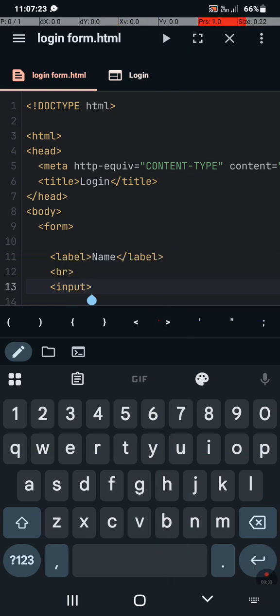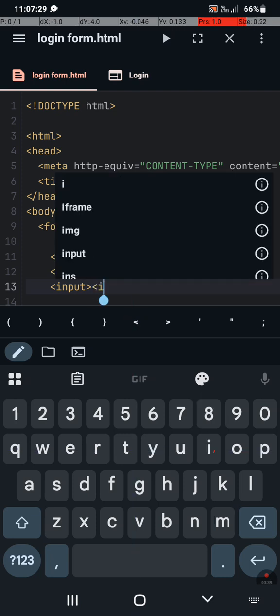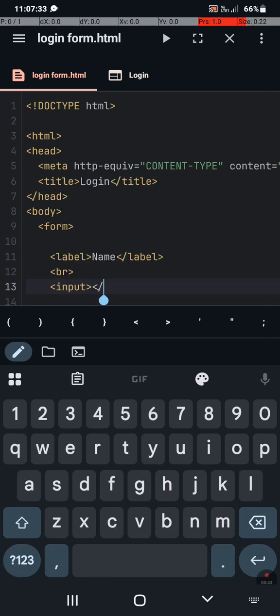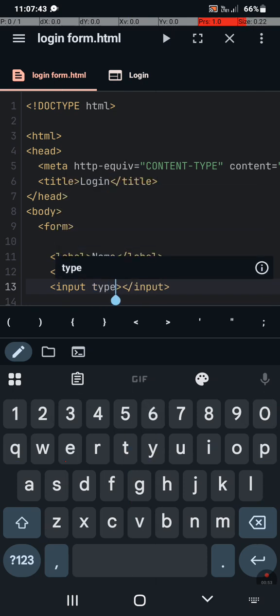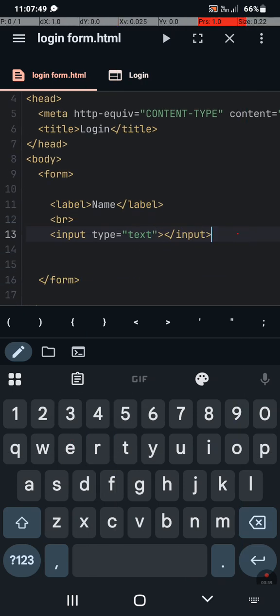the input, the input section, and then we set our attributes, and the type is text. The user is going to input text, and then